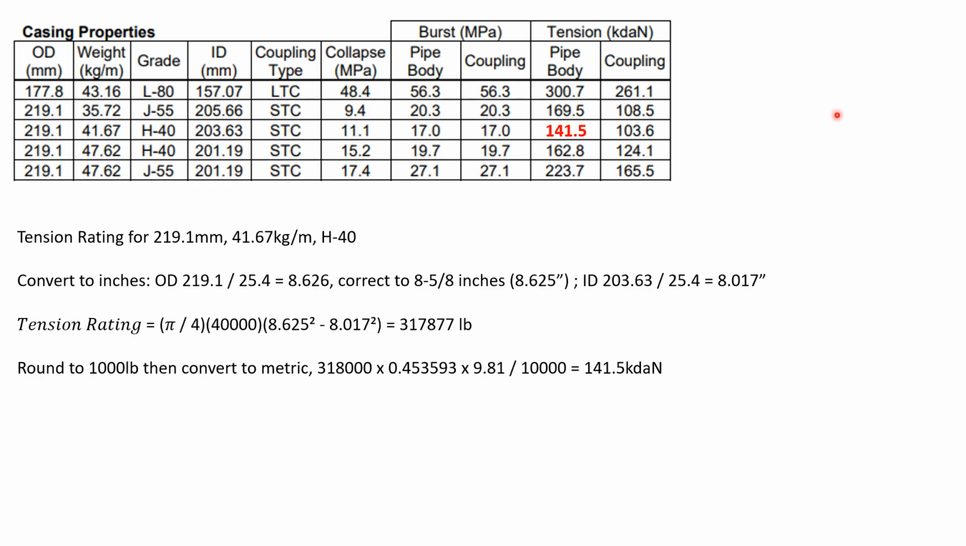Next is the tensile calculation. Convert OD and ID again from millimeters to inches. But in this one, we will correct the outside diameter to the nearest 1/8 of an inch. Then we use the formula pi/4 times the yield strength again, which we can get from the grade of the casing. All that times outside diameter squared minus inside diameter squared. And that will give us